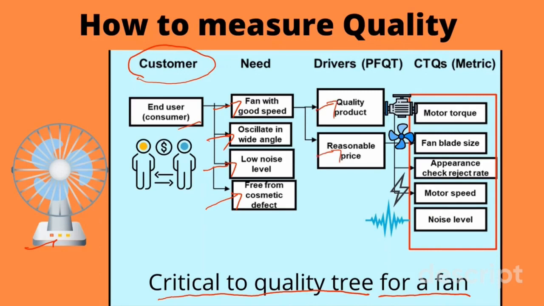The quality products means the key characteristics that need to be measured to achieve all customers' needs or requirements. It could be the motor torque, the fan blade size, the appearance check, the motor speed, and also the noise level. In summary, once we have identified the key parameters to the customers,